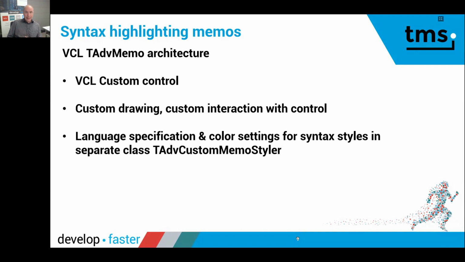And to enable that this memo will work for different types of languages or data, there is an architecture or a mechanism implemented that there is a styler component. This styler component or class is responsible for holding all the specifics of the language or data. And with this specific information, the coloring of the text is applied.